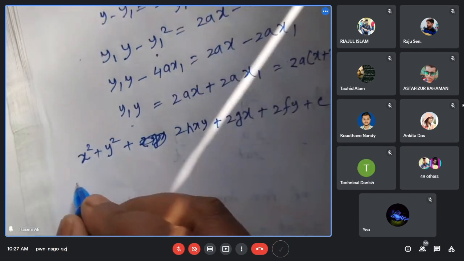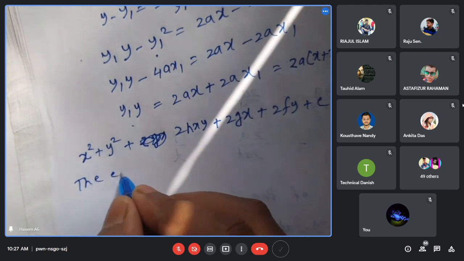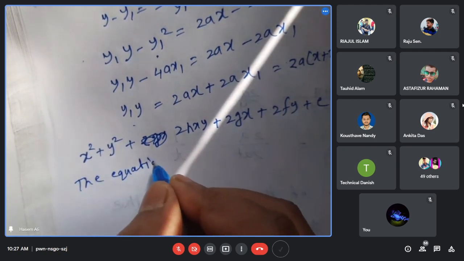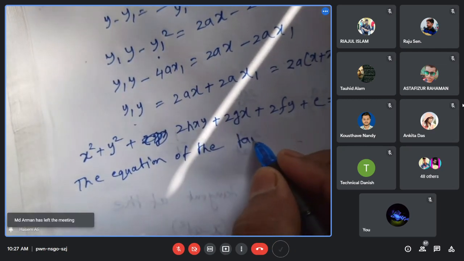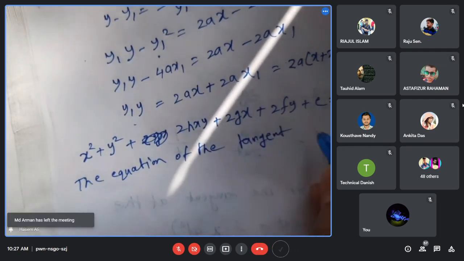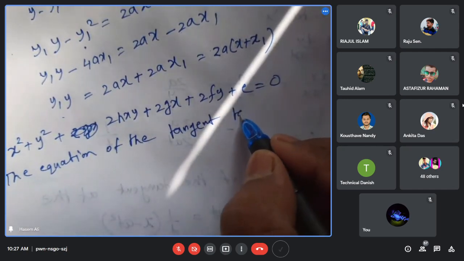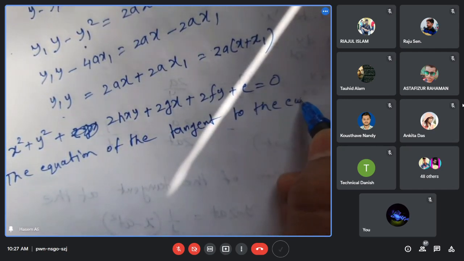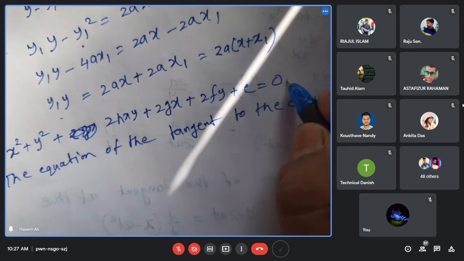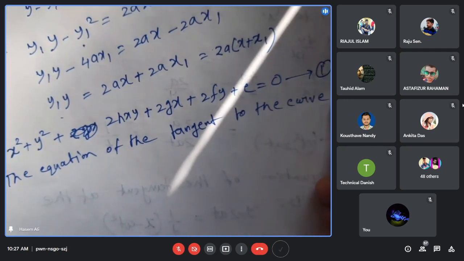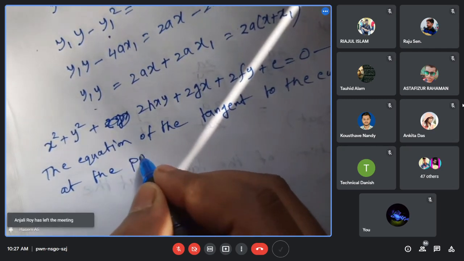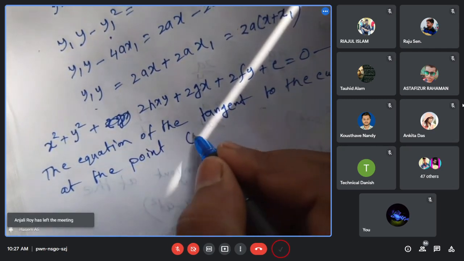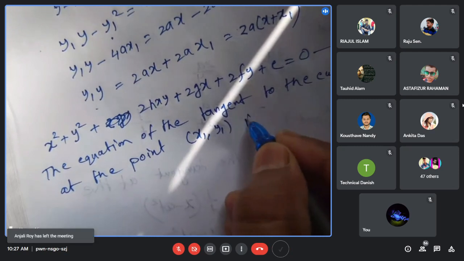Now the equation of the tangent to the curve at the point x1 y1 is: